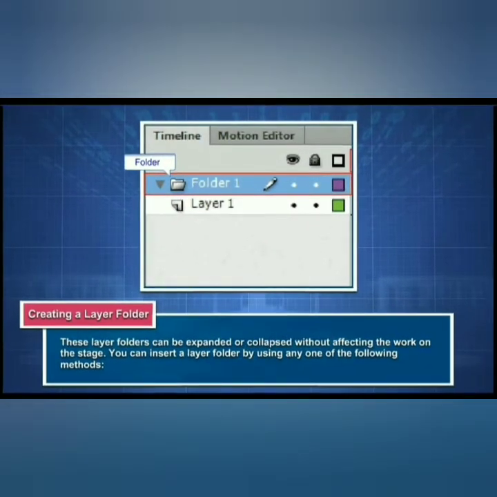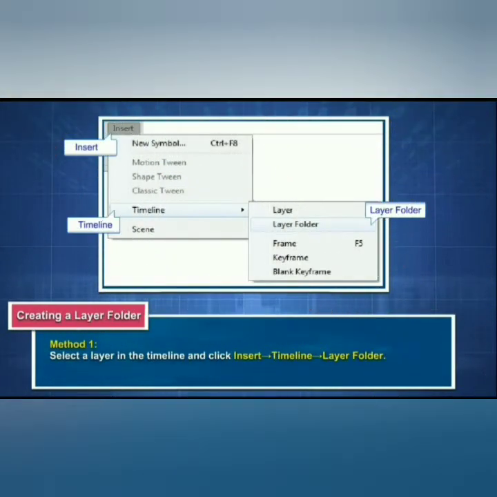These layer folders can be expanded or collapsed without affecting the work on the stage. You can insert a layer folder by using any one of the following methods. Two methods are generally used to create a folder.